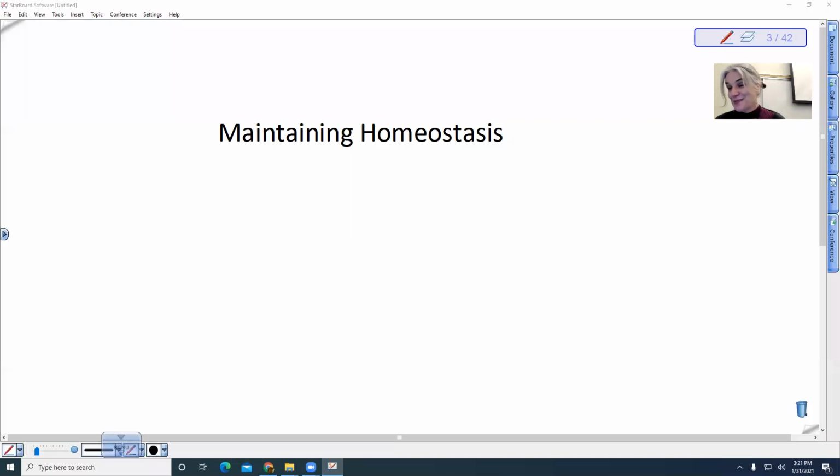All of our systems play a role in maintaining homeostasis. So remember that this is a characteristic of life, maintaining a dynamic internal equilibrium. So we talked about the regulation of body temperature, for example. There are some organisms that are endothermic that regulate their body temperature using their metabolism. And then there are some organisms that are ectothermic that might use the environment and their behavior to regulate their